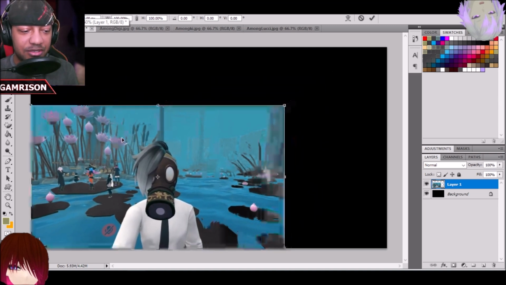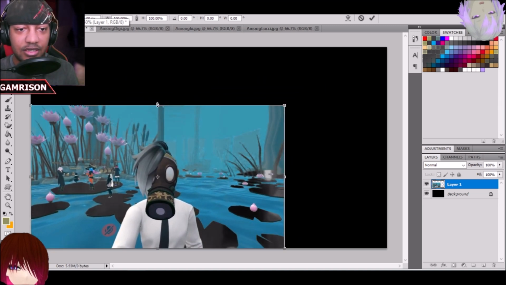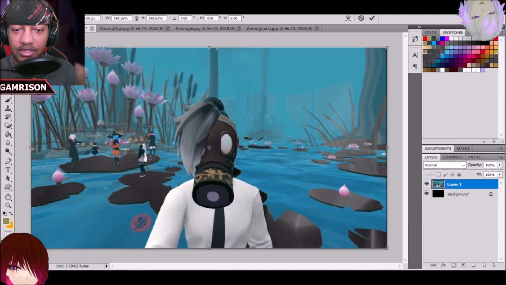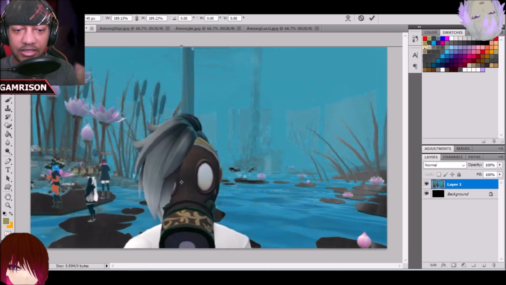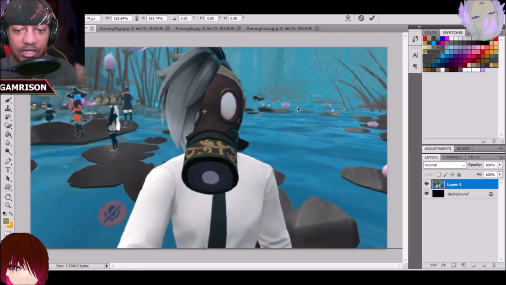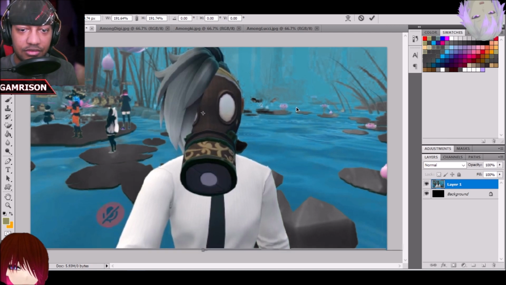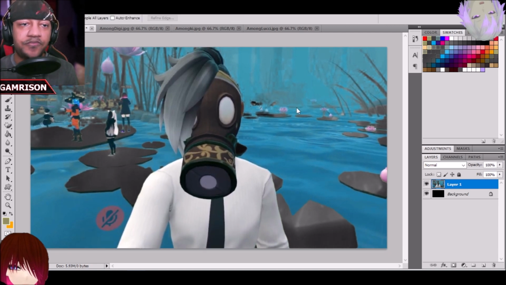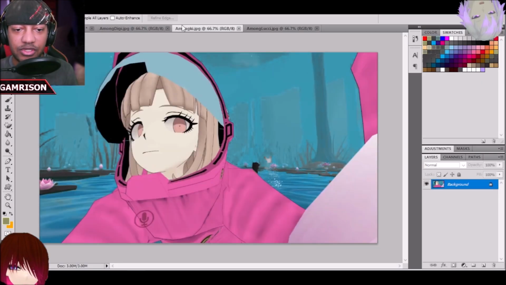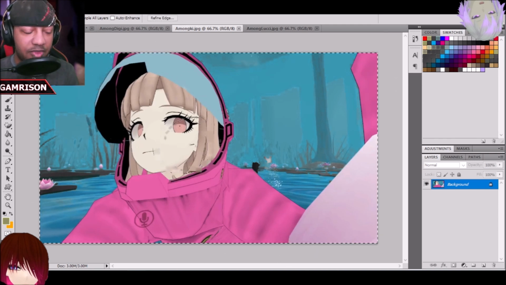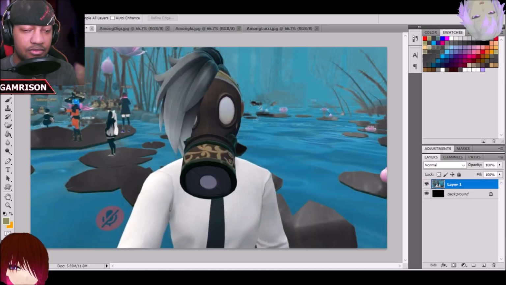So we put the image in, control, paste, resize it, and for the sake of it, I'm going to actually make it a little bit bigger so that he's a little bit bigger in the image. That's step one. Step two is you grab the next one. So let's say this one, we're going to obviously grab that up, Control C, pop that over to